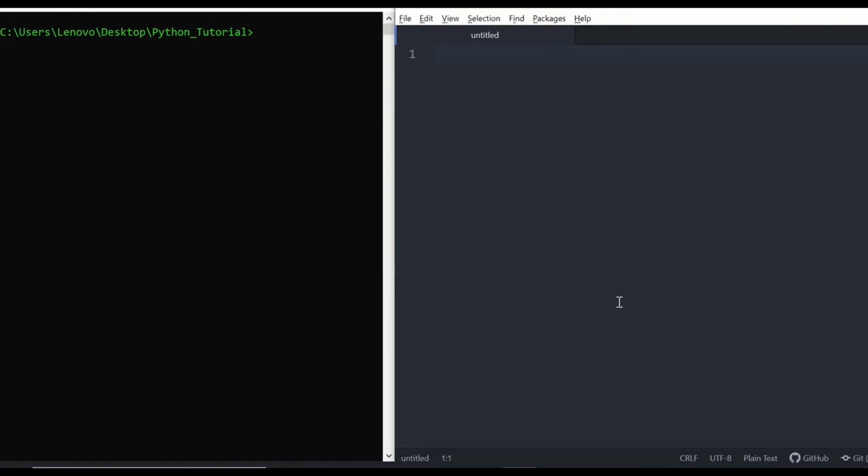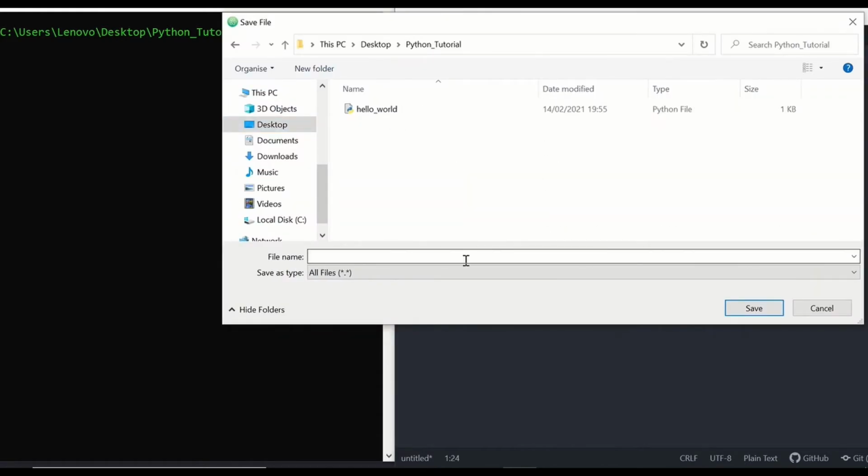In this section, we will be learning how to use the input command. So let's write the input command directly. I'm going to write input in parentheses, apostrophes. I'm going to write enter a number. Don't forget to save your code. Let's save it as